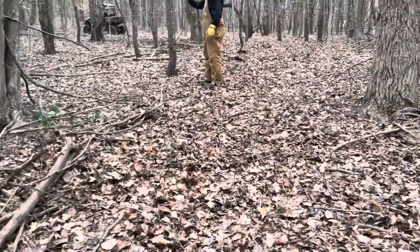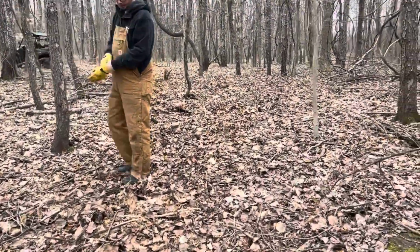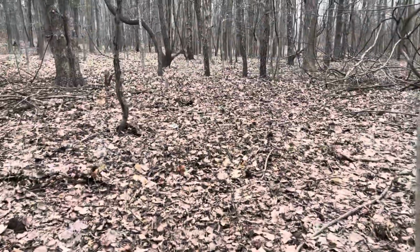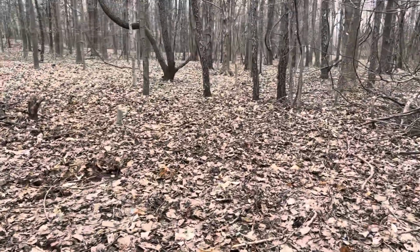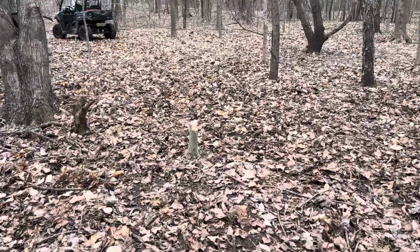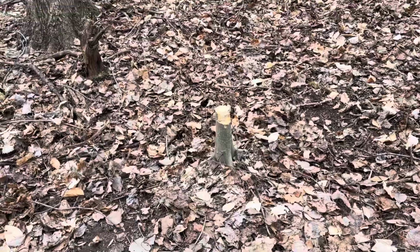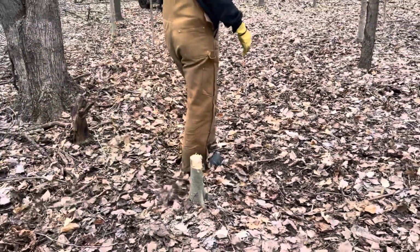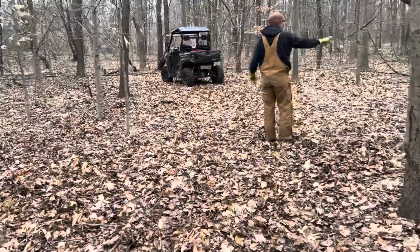but we're trying to avoid taking down as many trees as possible in the process. So we're trying to stick to the most open path as possible throughout here. Unfortunately, we did have to take out a couple small trees. I don't know if you can see this one right here. We're leaving the stems or the trunks taller just because later on when we come through, we can take those out with the roots and everything. And then we kind of turn a little bit